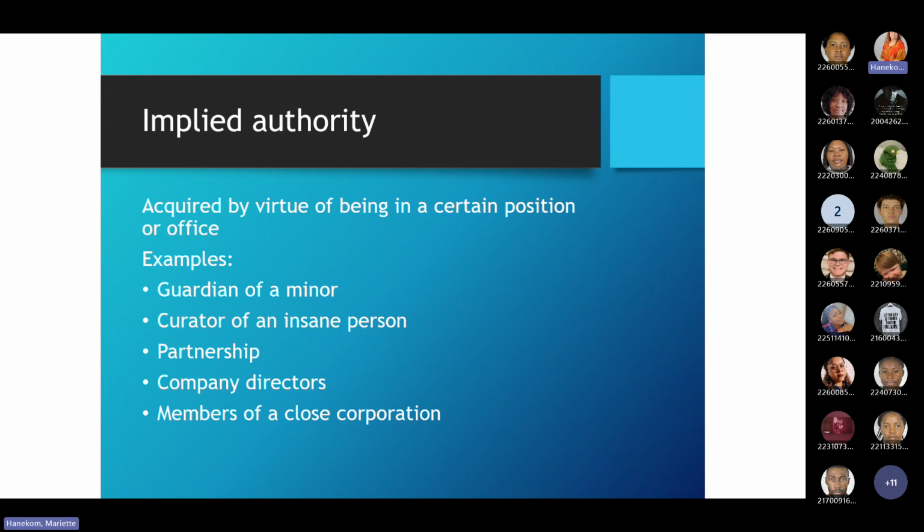Members of a close corporation, by virtue of being a member of the close corporation, have implied authority to represent the close corporation. The vice chancellor of NUST, by virtue of being the vice chancellor, has the implied authority to represent the institution. So express authority,